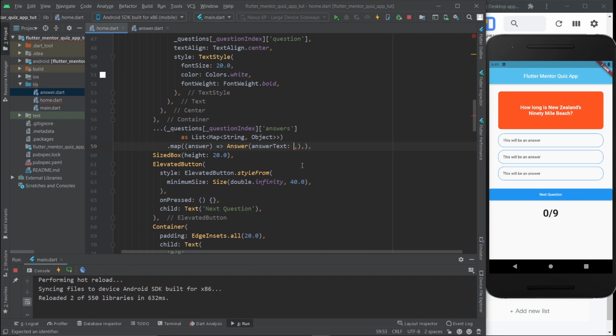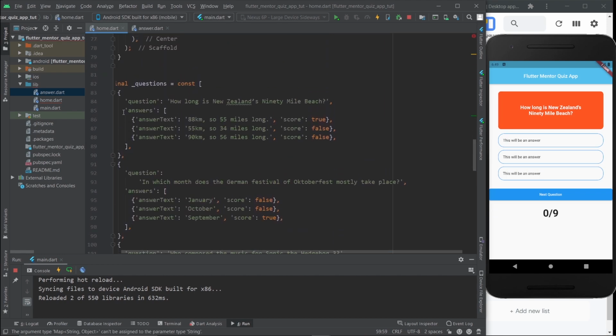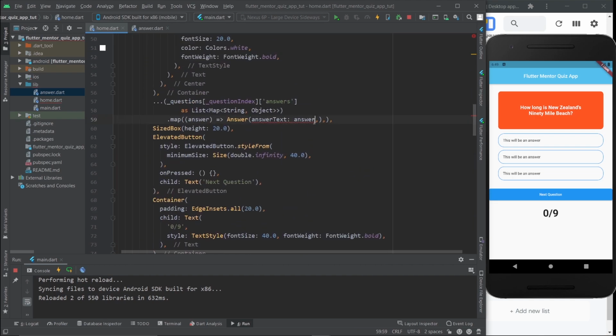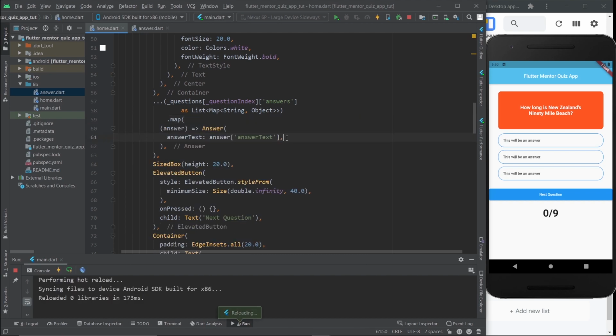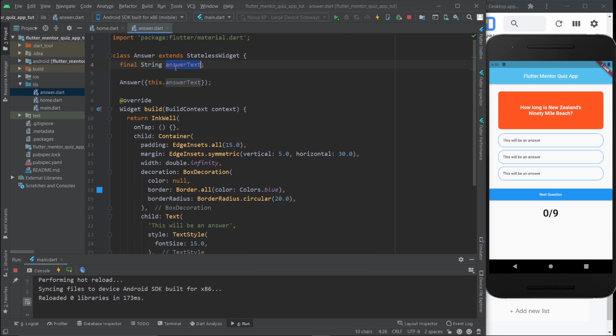And this is actually simpler than you would think. Now we're gonna use this answer right here, over here. And as I told you, this represents the iteration of each of these elements. So we're iterating this list right here. So one answer equals this right here, okay? And as I told you before, if you want to get this information right here, you need to come to the key of the information, answerText. So all we gotta do is come over here and do this, like so. Now I'm gonna hit save, and nothing's gonna happen because we actually need to apply this little variable right here, over here. Now I'm gonna hit save, and boom, we already have access to the potential answers to the question.